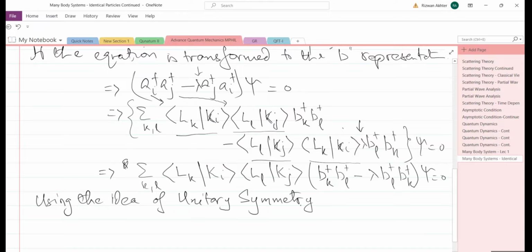यूनिटरी सिमेट्री का मतलब है कि if you can transform from one state to the new state, then you can transform from that new state to the old state. This is unitary transformation. And if this is true, then such a transformation is known as unitary symmetry. मतलब